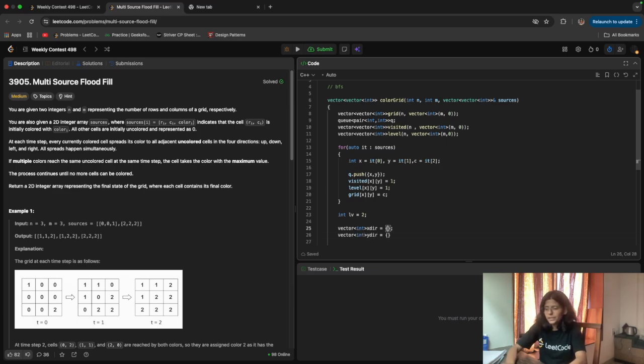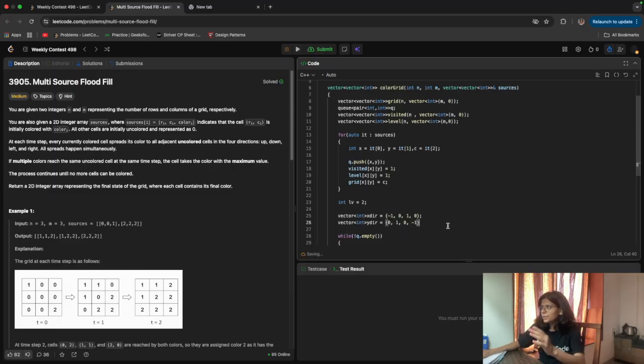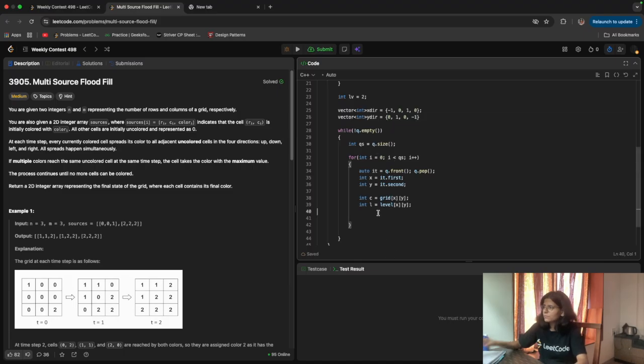So if I want to go up, then I want to minus 1 from x, so minus 1, and there is no need to subtract from y. I want to go right, so plus 1 to the y and 0 to the x. Then if I want to go down, I need to increase 1 in x and there is no increment in y. If I want to go left, then I need to decrement y and there is no change in x. So yeah, I will store it, and what I will do, keep at that